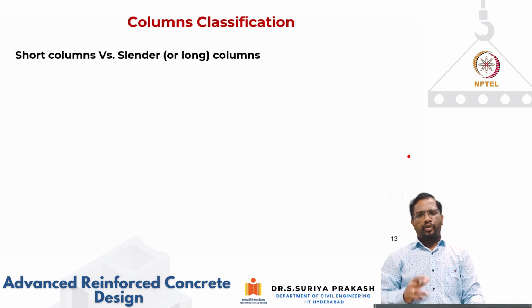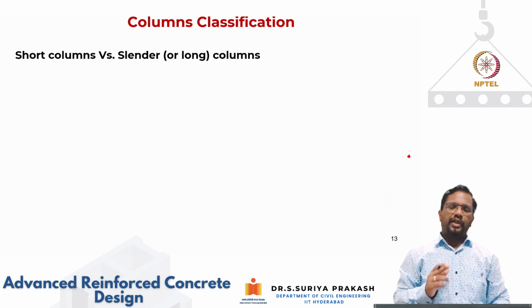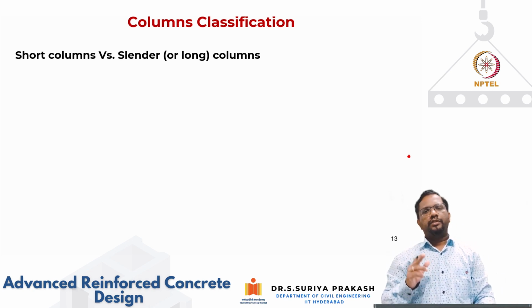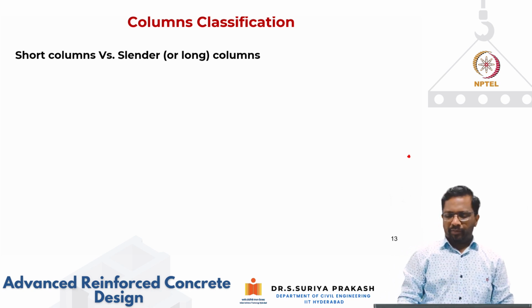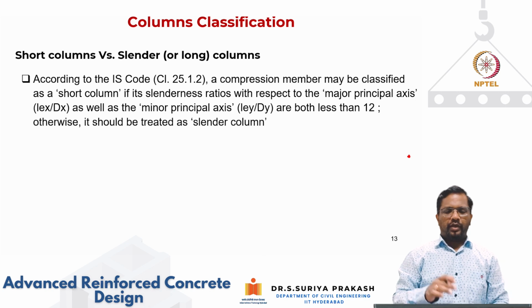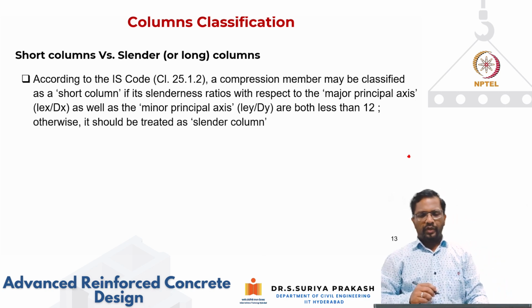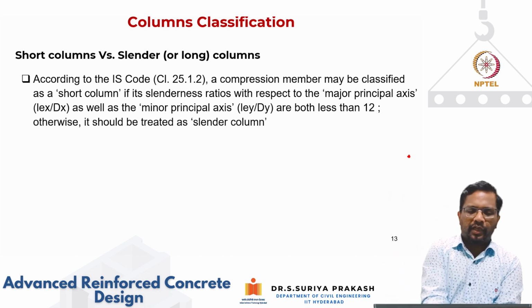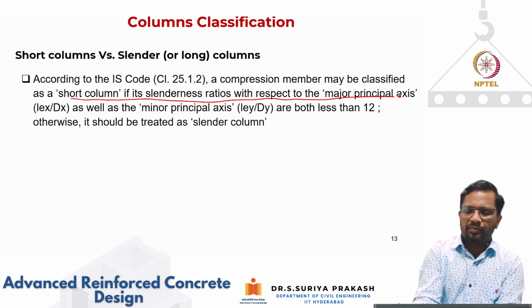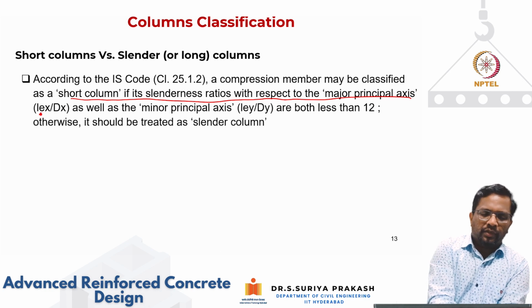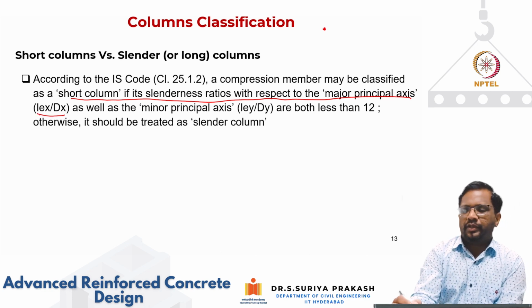Now, a very important classification is to classify the column whether it is a short column or a slender column. So that is going to be a very important classification. According to the IS code, a compression member may be classified as a short column if the slenderness ratio with respect to the major principal axis, which is Lex by Dx. Always in IS code